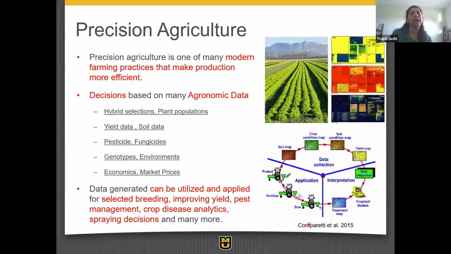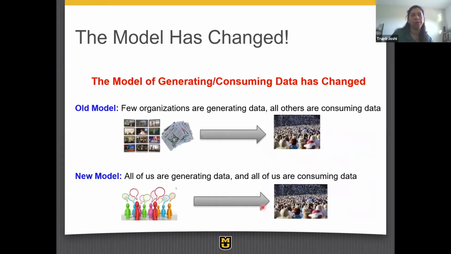So there's a whole cascade and a whole circle of information that is available, and all of this can be taken into account through infrastructures that allow you to tap into these different pieces, and then use them towards understanding various crop diseases and making decisions about environments suitable for growing certain crops.